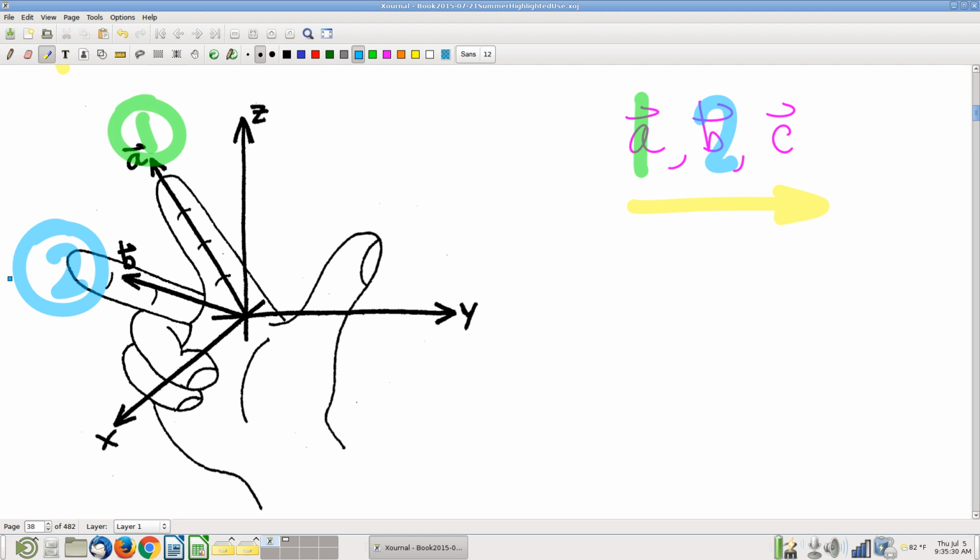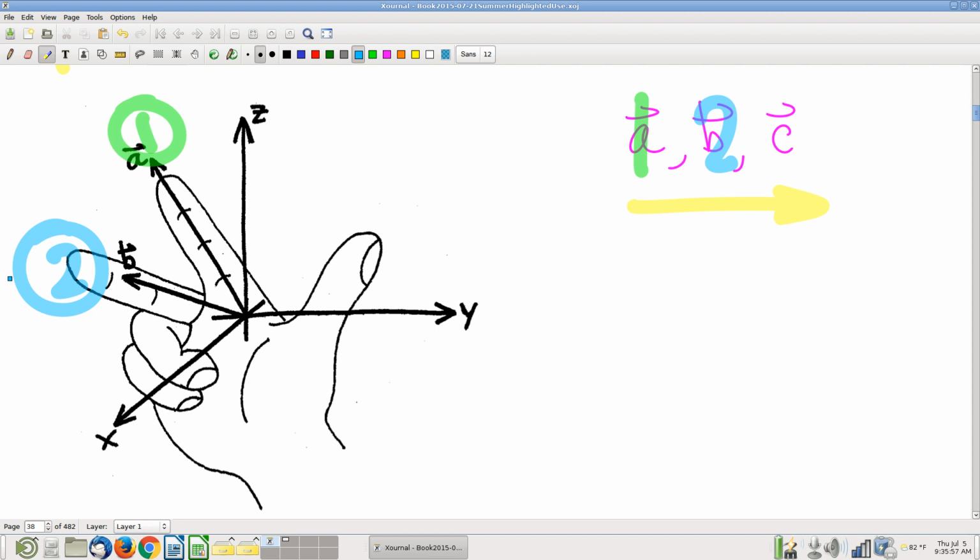The gesture is as follows. You have to point your index finger in the way that your index finger wants to point, parallel to your palm. That's critical. Index finger parallel to your palm. Your middle finger, bend it the way that your middle finger wants to bend. Don't do any hand yoga. That's not okay. You've got to bend the middle finger in the way it wants to bend. And with those